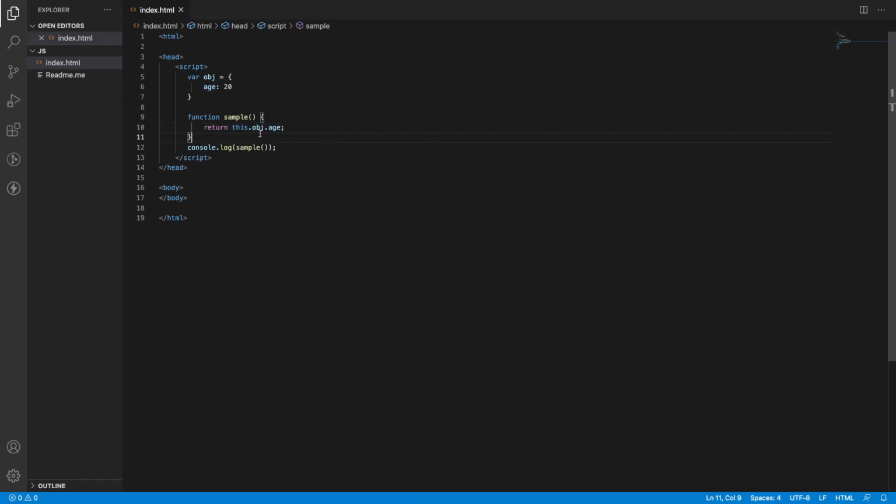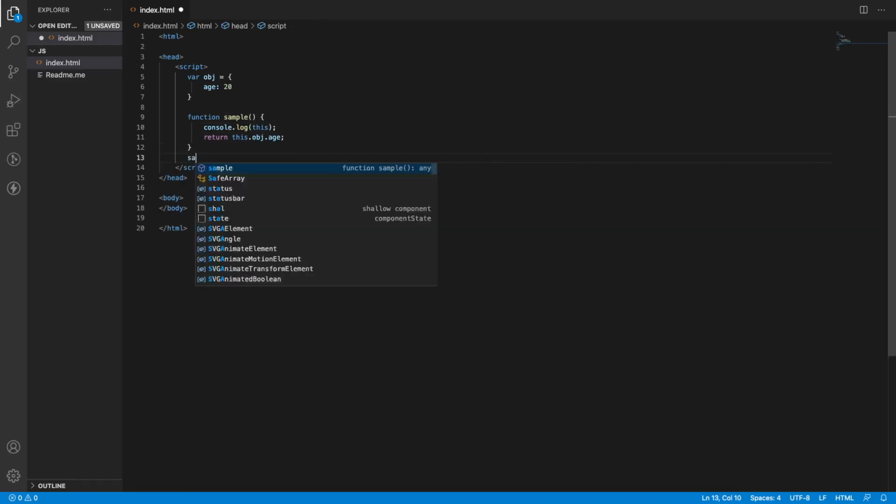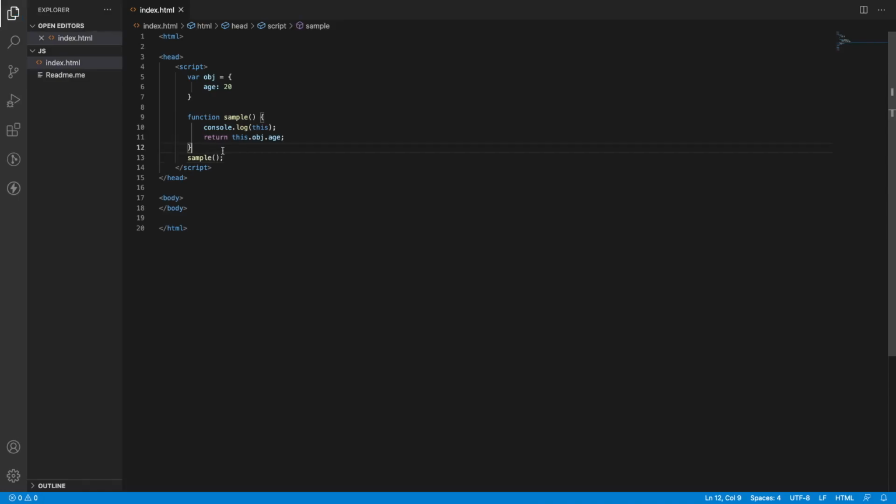For example, in future I want to use this sample as a reusable function. So in that case, we may not point this object to the window. We have to change it based on our calling. So this context should be changed based on my calling of the function. Let me do some changes for this method. Let me print console.log of this keyword, and let me remove this console. Let's call this method directly, save it and go back to your application,